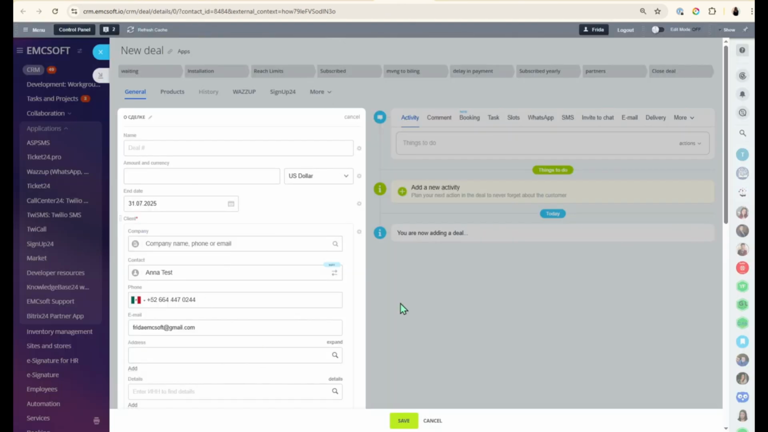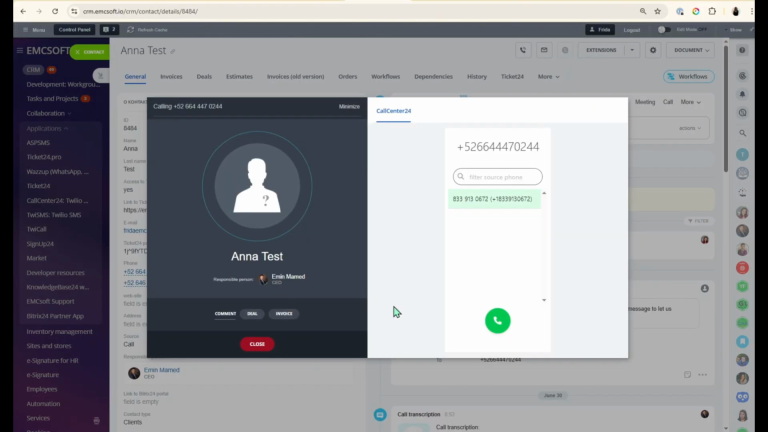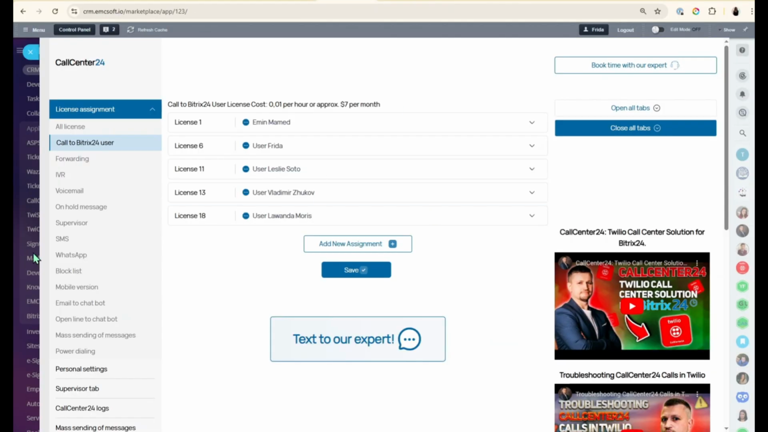It'll take me to a new window where I can see that the contact is already linked to that deal. Very good. So I'm going to close that. Same thing with invoice. All right. So on the right side, you'll see all of the phone numbers that are linked to your user. So if I go back here to our configuration window and I look for the calling licenses,